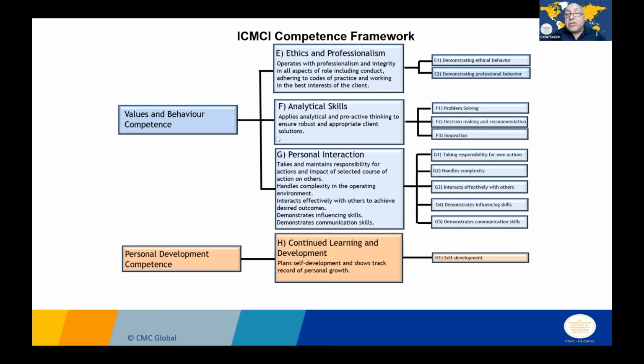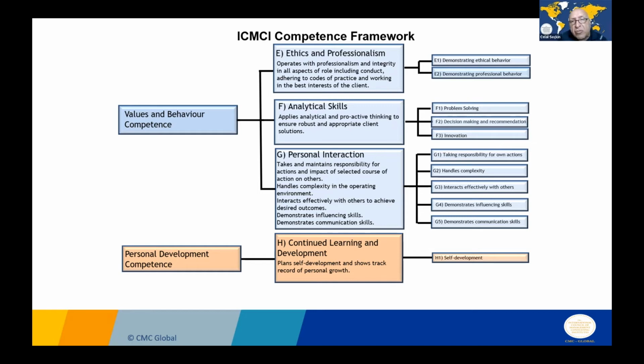So if we look at this slide with more emphasis on the values and behavior competence and personal development, we can also see ethics and professionalism, analytical skills, and